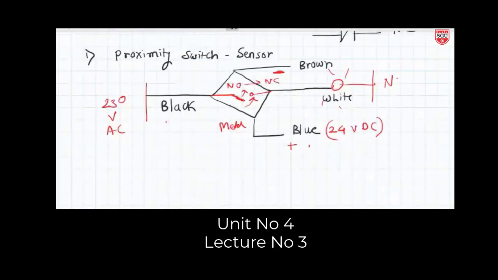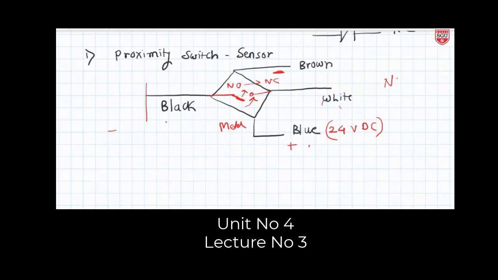And what I want to know, if instead of attaching the bulb directly, what we are doing here, we can't do the 230 volt directly because we are having limitations on the circuit. So what we are doing, just understand the problem. When metal is there, the bulb should be on. I was wrong previously, it was my mistake.